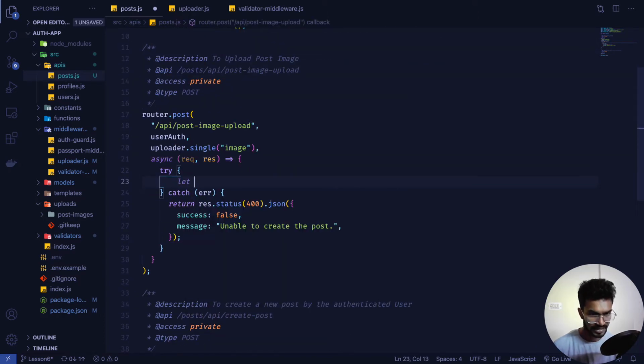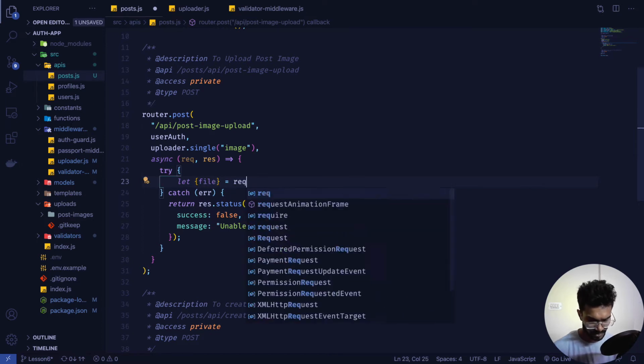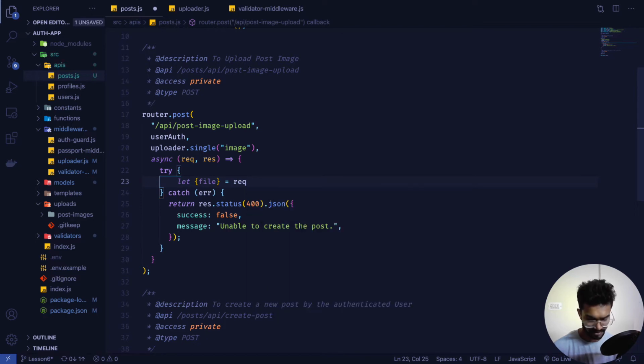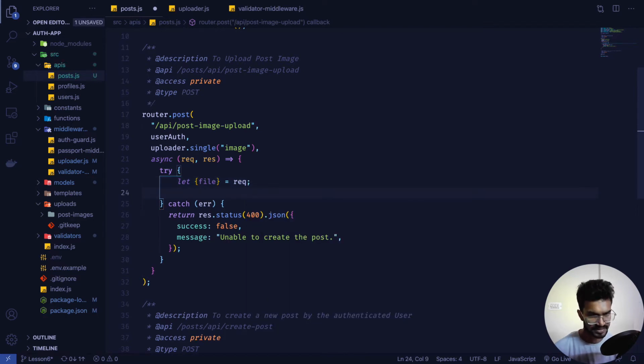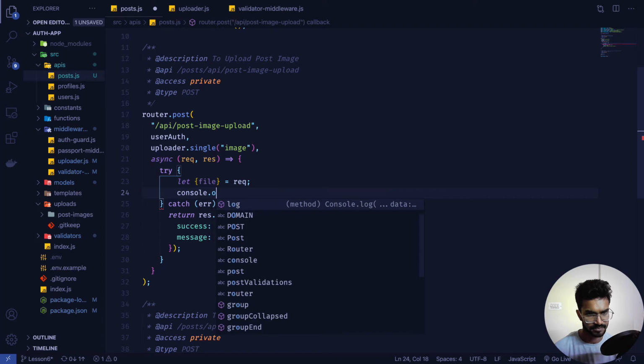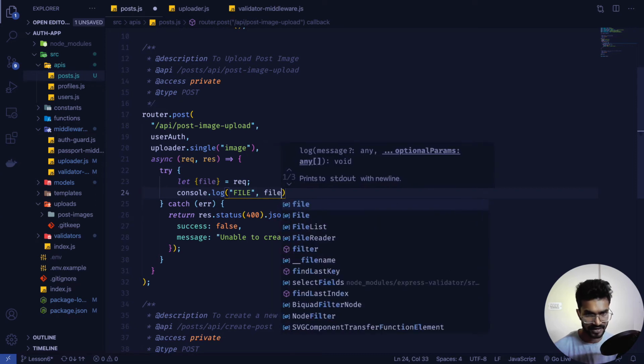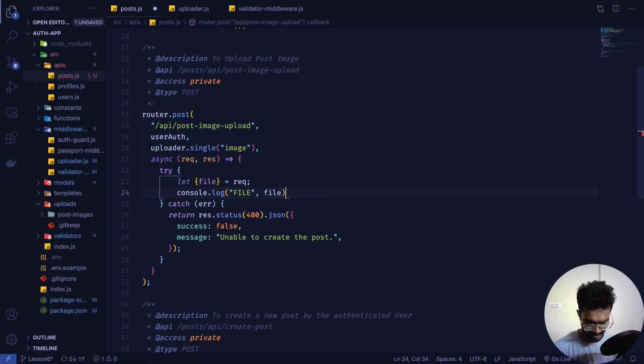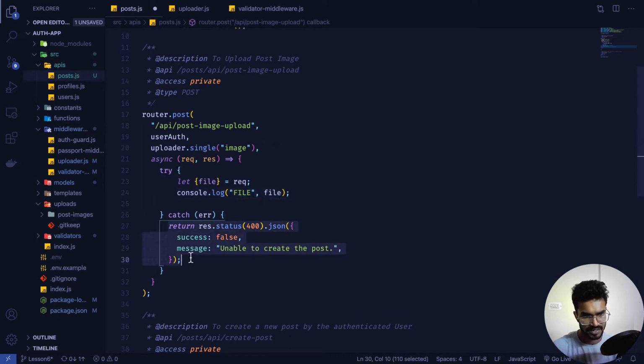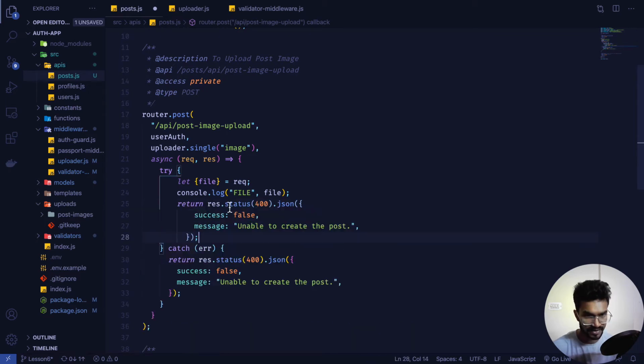So we can let file, and that file is coming from the request only. And if I put a console log statement here, file, we have a file in here, and then we want to return some kind of response. So let me copy the simple response that we have, and we are going to change the status to 200,